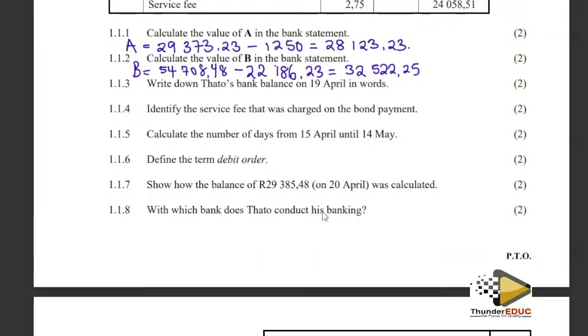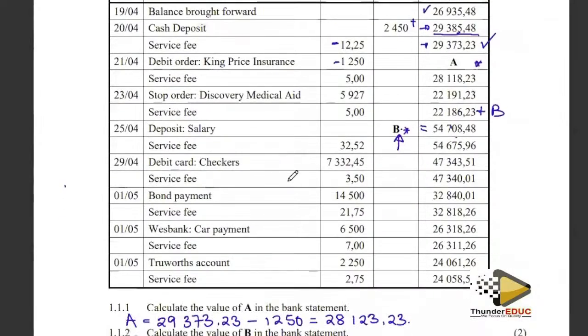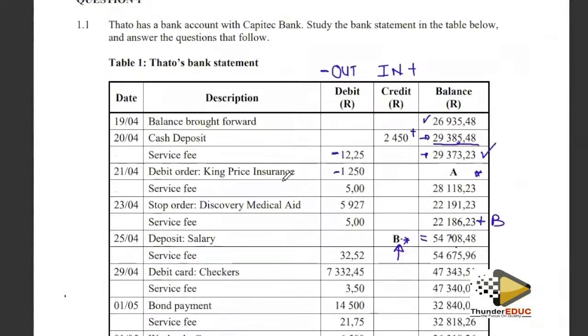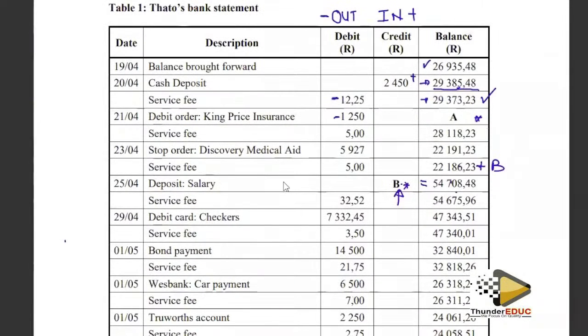Balance, bank balance of the 19th in words. Let's go there. The 19th. Actually, there's only one 19th. We are looking at the date. It's the first one, balance brought forward. When they want us to write this in words,